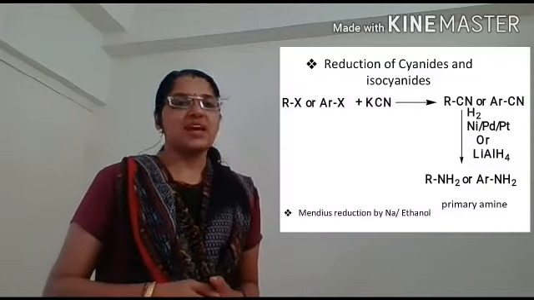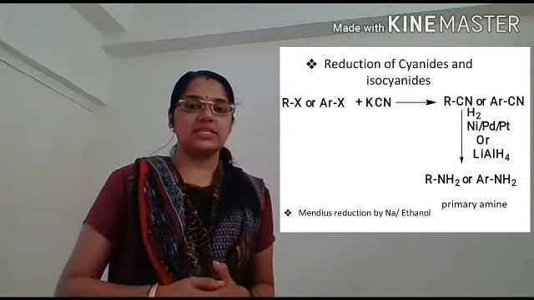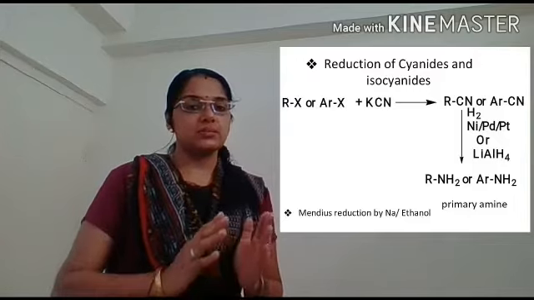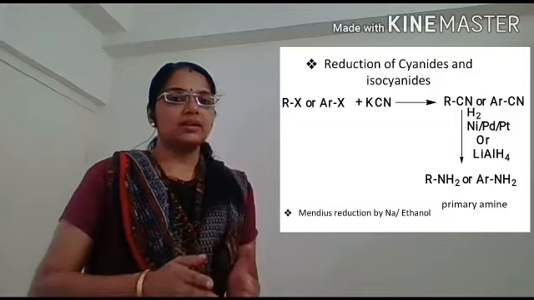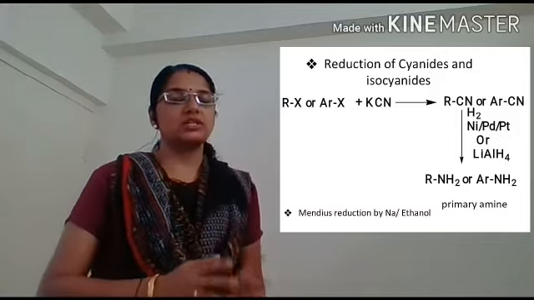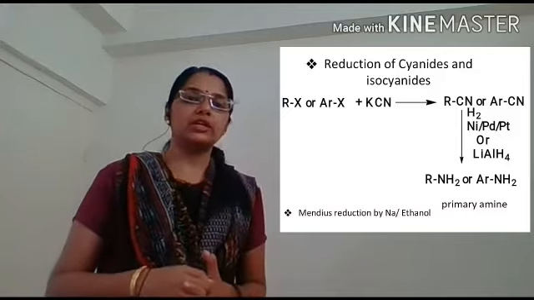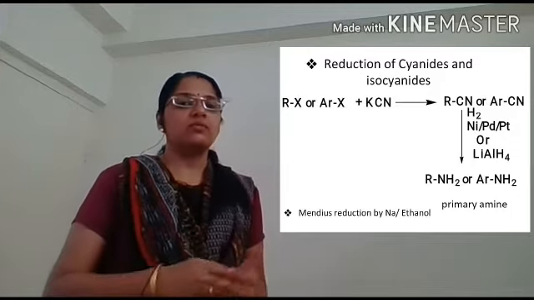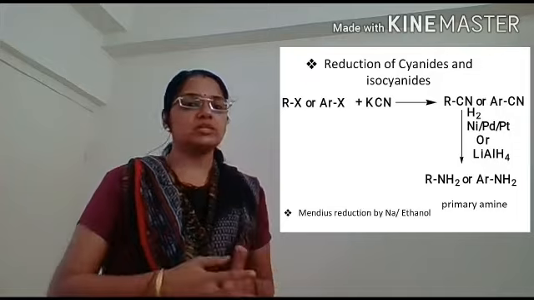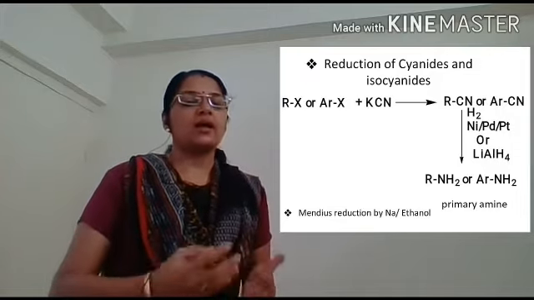So another important functional group which can be reduced to an amine is cyanide. Cyanide has the functional group CN, where C is bonded to nitrogen by a triple bond. When the cyanide is reduced with hydrogen in the presence of nickel, palladium, platinum, or lithium aluminum hydride, or sodium in the presence of ethanol, hydrogen will be added to the triple bond of CN and